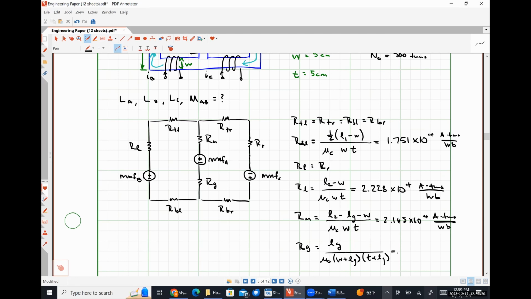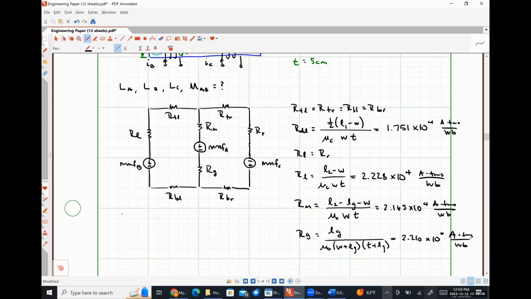And that comes out to be 2.210 times 10 to the 6 amp turns per Weber. Simplifying things here then, just really quickly,